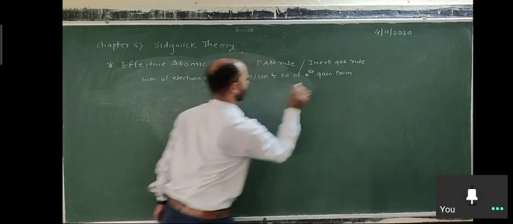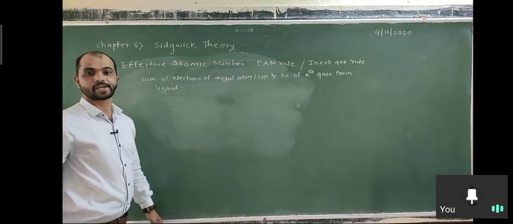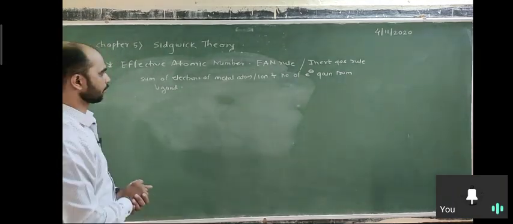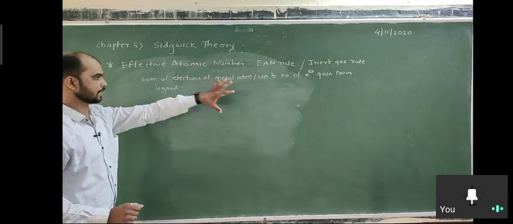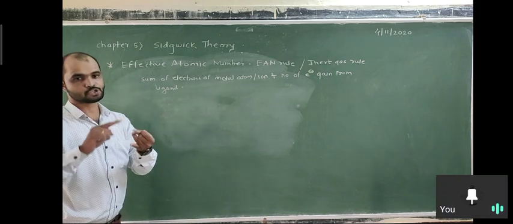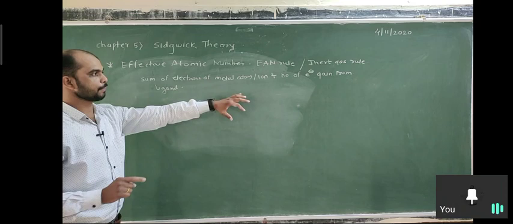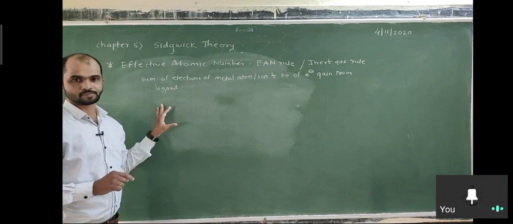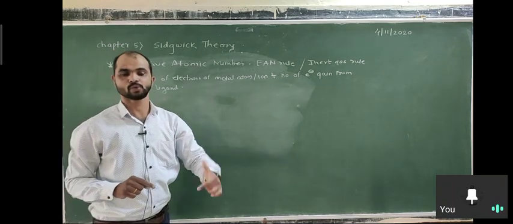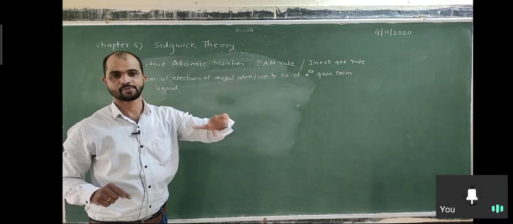This is the concept. In effective atomic number, we consider the number of electrons of the metal atom or ion plus the number of electrons gained from the ligands. The sum of these two, if it is equal to the inert gas configuration of the element